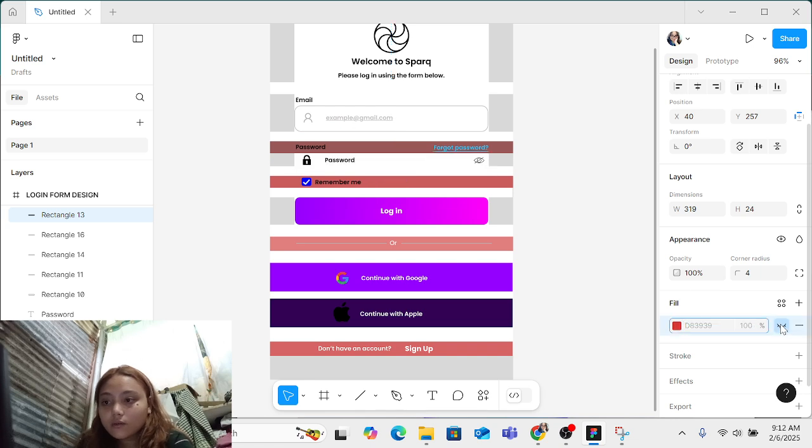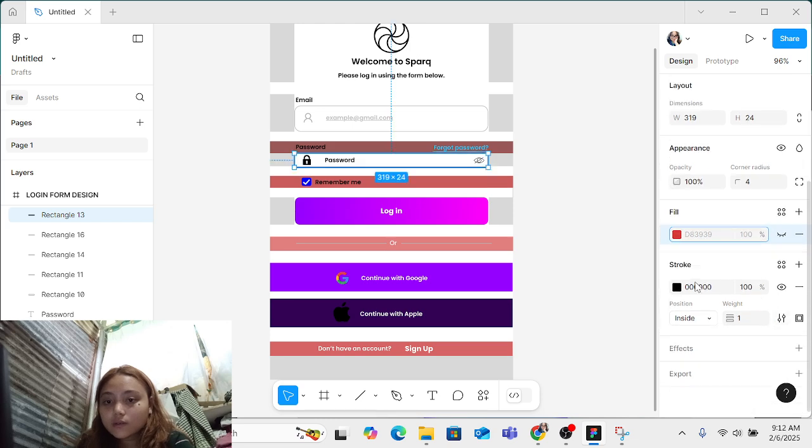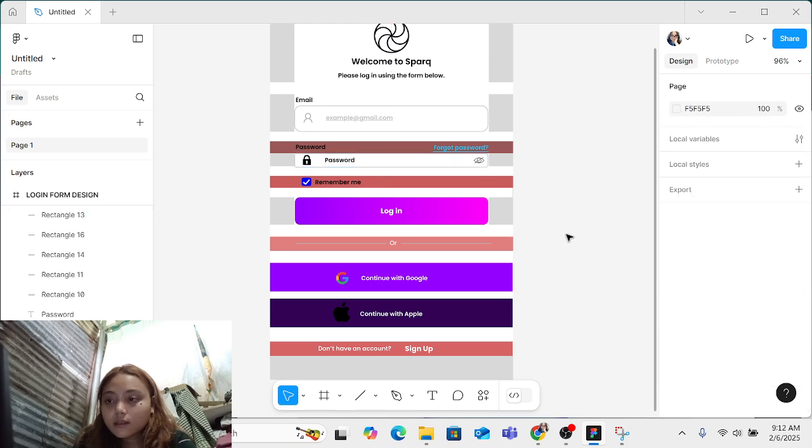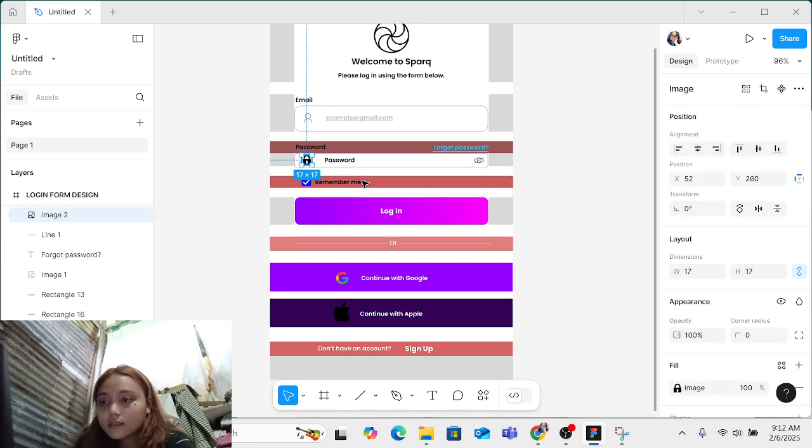And let's turn off. No. Let's turn off one and add a stroke. We'll just use C4, C1, C1. Then let's remove the opacity. Same as this, so this is 30%.